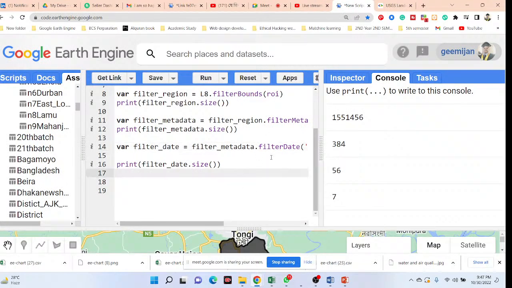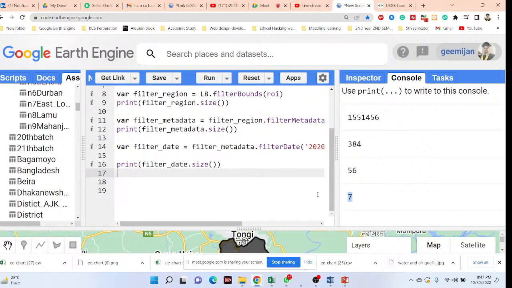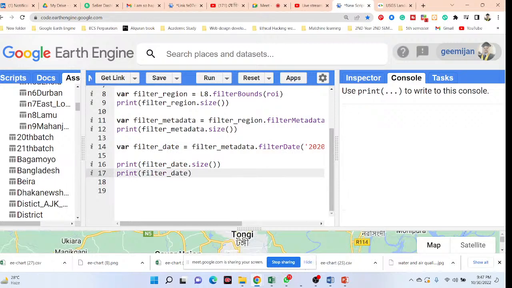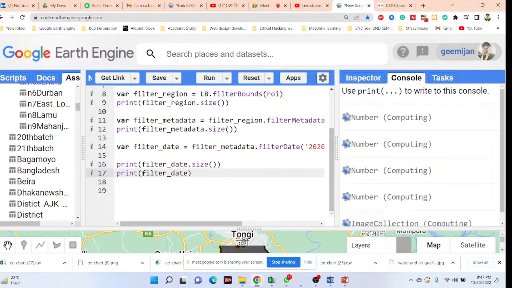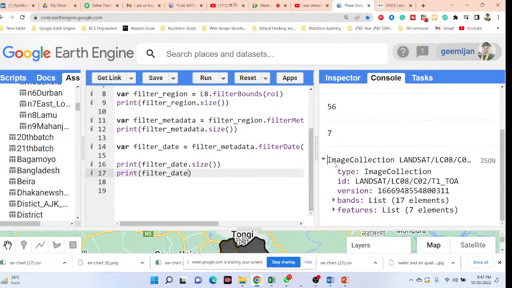Okay. So now you can see these 7 images were not captured by the satellite at the same time. The images were taken at different times. So this time, I want to check the acquisition date of all of the images. For this, I print this again, copy the filter date, paste it here, and click run. Now you can see it shows me all of the information about these images. I click here, and you can see in here